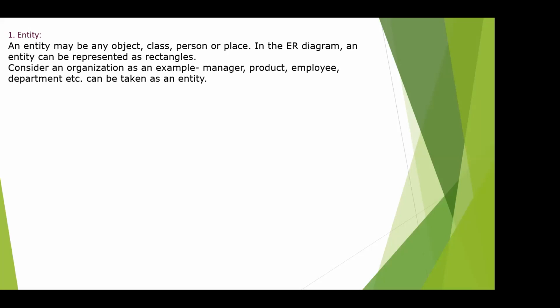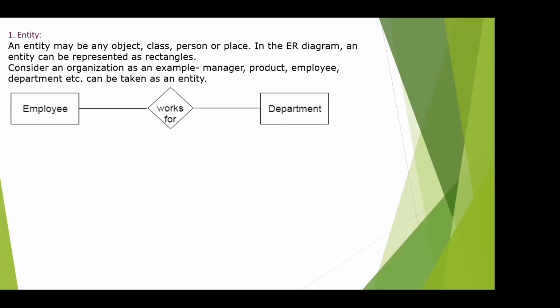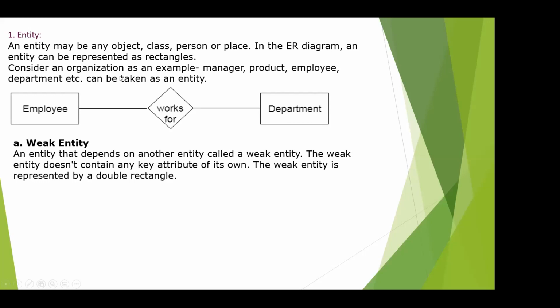Like that, if you go to real world examples, we have so many. Take the employees of LIC, the Life Insurance Corporation, which has so many divisions. All divisions have their own staff members, and a group of staff members we call an entity set. An individual staff member we call an entity. So for example, employee is an entity here, and department is an entity here, and works for is a relationship between employee and department.